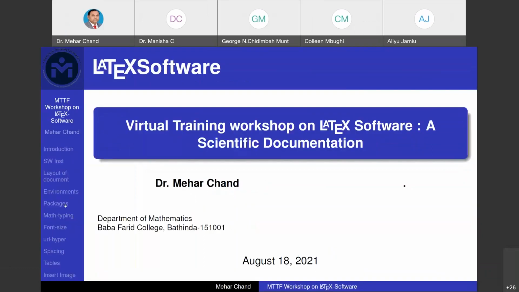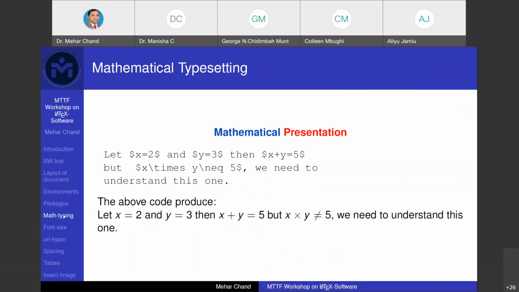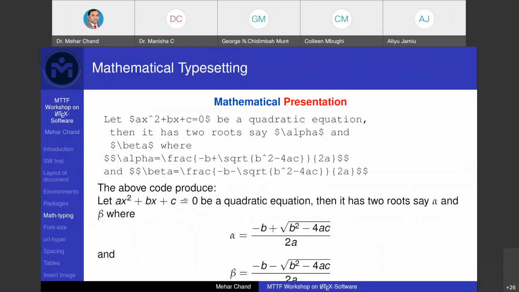We were discussing the math mode. So when we use the double dollar symbol, in the first line above we have a single dollar sign, and the cap sign is used for superscript. And ax square plus bx plus c is equal to 0, and its returned value we can see in the dark black shade.